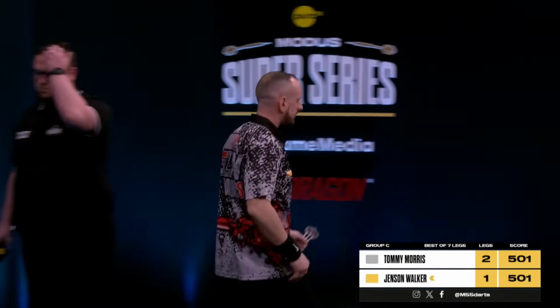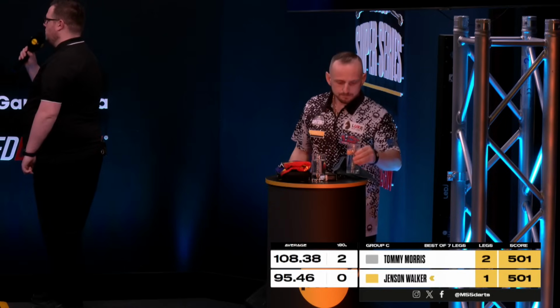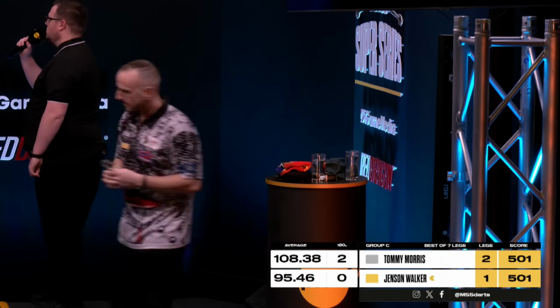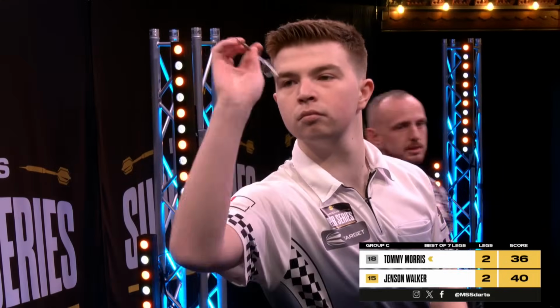Game shot on that great third leg for Tommy Morris. If you look at the way his darts go on the board, I think his best friend double has got to be double 16. Fourth game, Jensen's going to lead off. He tops a lot, but if his game's going to evolve for a break of throw and to make himself favourite for the match,